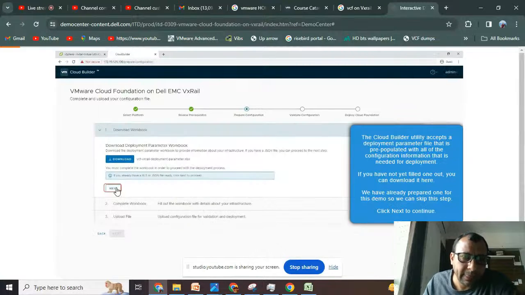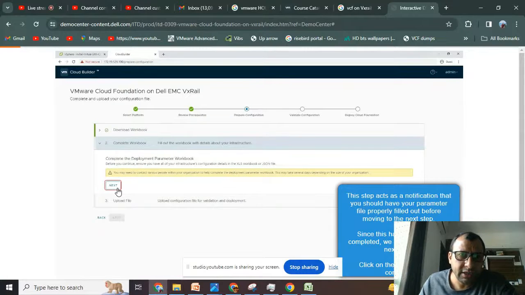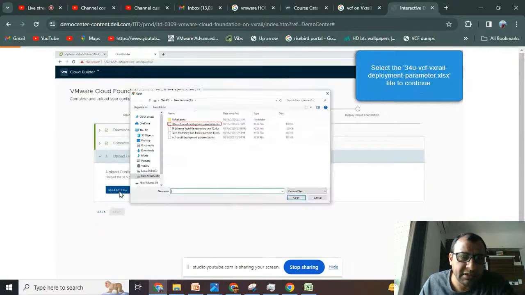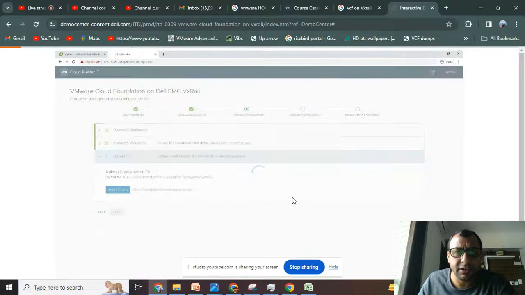Click next. Then here is the deployment parameter sheet. You can download the deployment parameter sheet directly from the site itself, but if you want to download it from here, you can, and then fill in the details I just showed you. Complete the deployment parameter sheet and select the file. Once you have the filled deployment parameter sheet, select it and open it,